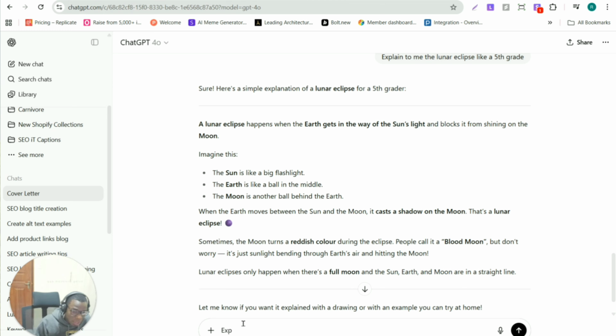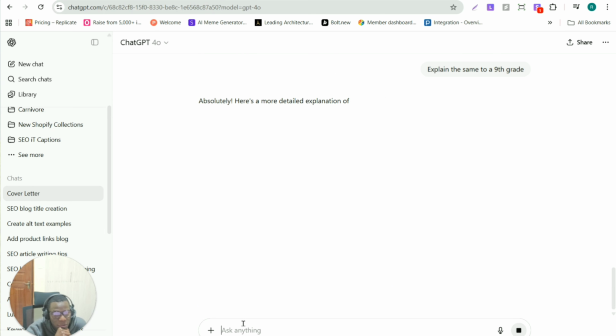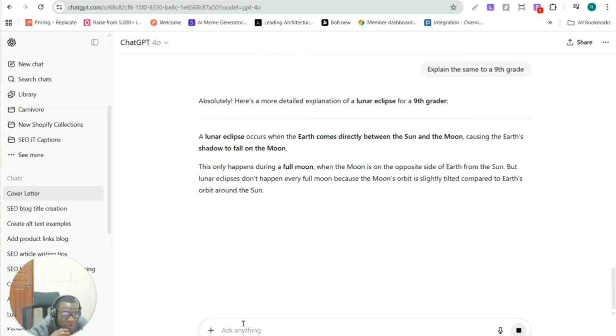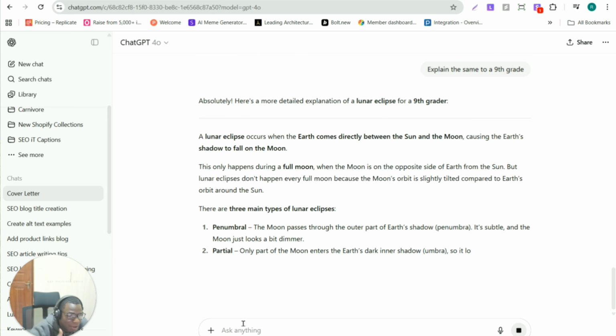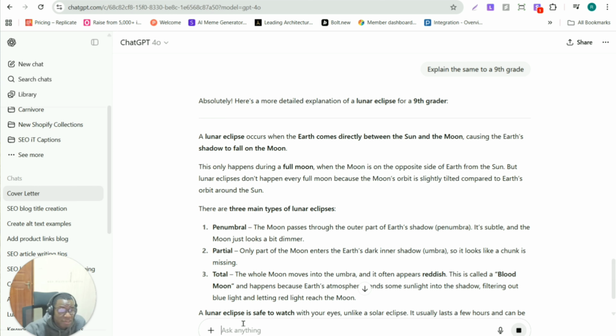So explain the same thing to maybe a ninth grader. Okay, so let's see if there will be a difference. You can see there's a little bit of technicality involved there. A lunar eclipse occurs when the Earth comes directly between the Sun and the Moon, causing the Earth's shadow to fall on the Moon. This only happens during a full moon when the Moon is on the opposite side of the Earth from the